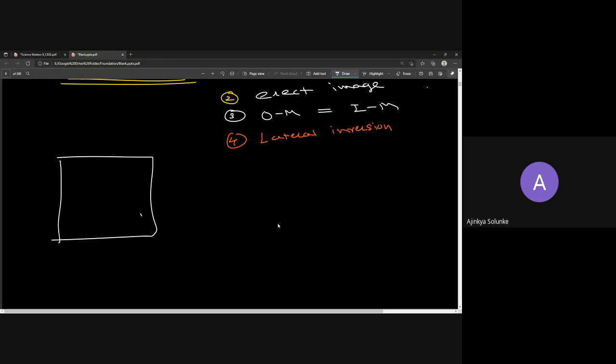Okay. So there are two types of images. One is called a real image, and one is called a virtual image. Now, out of these two, the real images can be taken on a screen. And what do you mean by screen? Screen is nothing but, suppose, a piece of paper. For example,